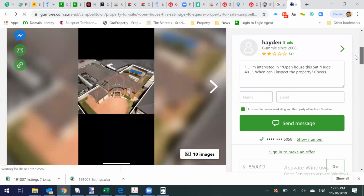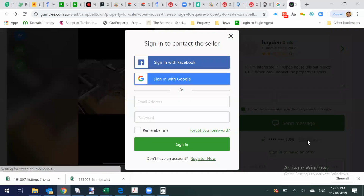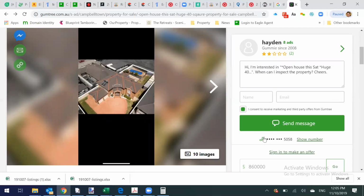Gumtree hasn't implemented captcha yet. But there are even ways around captcha that aren't easy, right? So your script picked up the information from there as well. What the script does is mimic the mouse. So instead of manually coming here, clicking on this, and logging in, you can log in and you'll see the number, but the script does it for you